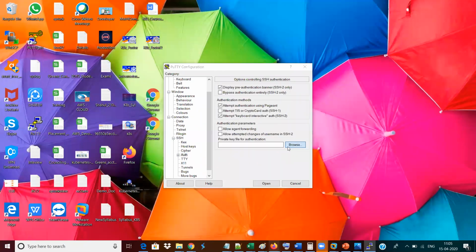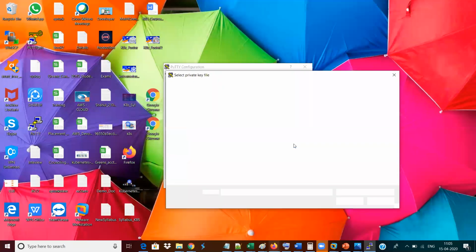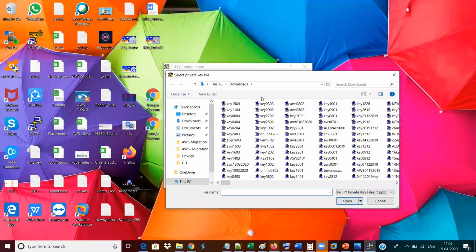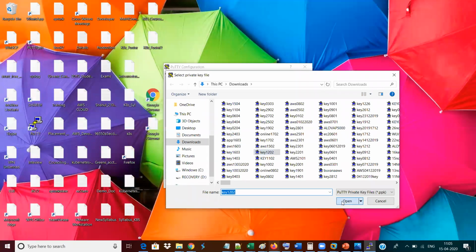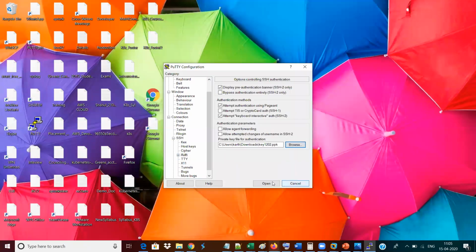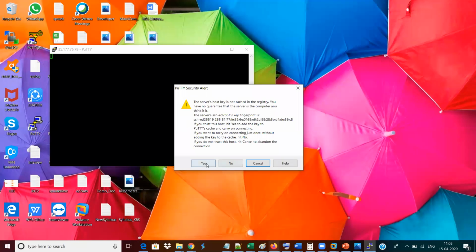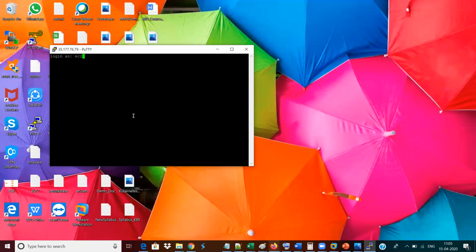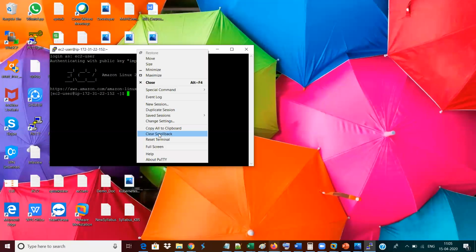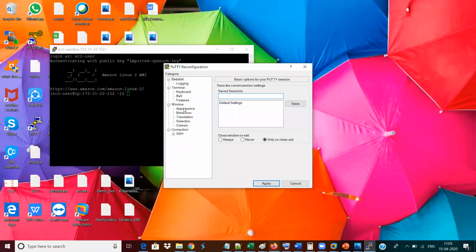These are all the things you can recap, like how you have created your machine. I'm going to browse and upload the file. The file is going to be key 1202. So let me upload this particular PPK file. PPK means PuTTY private key. Using this PuTTY private key, I'm logging into my machine. And my username for Amazon Linux will always be ec2-user. So let me give ec2-user and press enter to log in to the machine. I think I have logged into my machine.